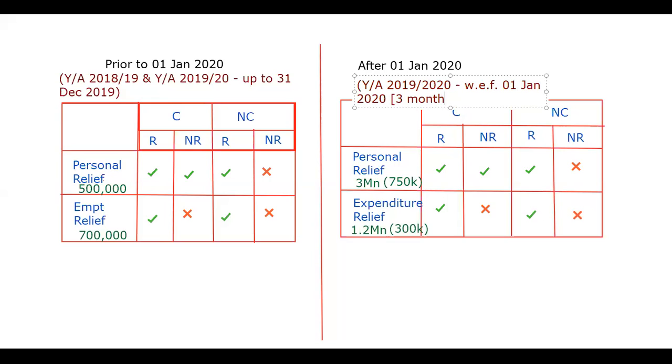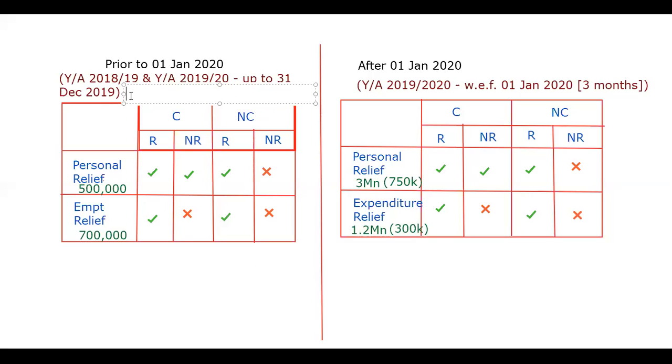Then you need to proportionately apply for the 3 months and 9 months, like I mentioned below, the 750 and 300. Here also we need to apply proportionately for your year of assessment. It is applicable for only 9 months. In the case of your year of assessment, you need to apply this for 9 months. The personal relief,